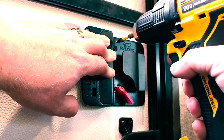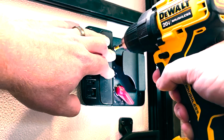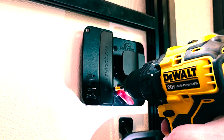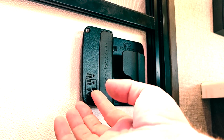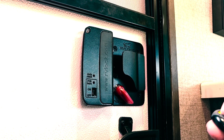And I got my drill here set at one of the lower settings. That way it doesn't strip anything. Just go real easy in. As soon as it clicks, let it go. I'm going to go ahead and do the next one now. And there you go. And we're going to turn it back on. And if we hit the unlock button,